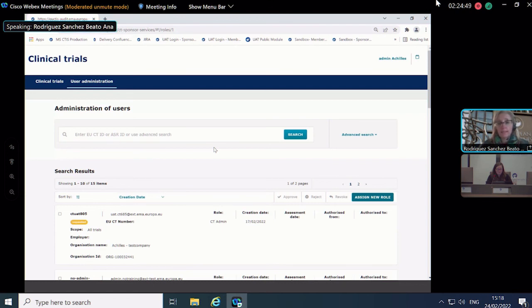So to get the credentials and obviously to give access to someone to access an EMA system, you need to provide some documentation that we can validate, and we can see, okay, this is a reliable user that should receive access to the system. Otherwise, we will reject that request. So the EMA account management system is for registration of the user and to get the credentials to access CTIS.